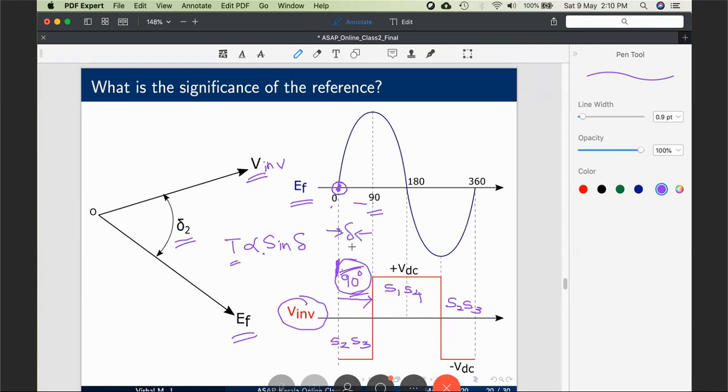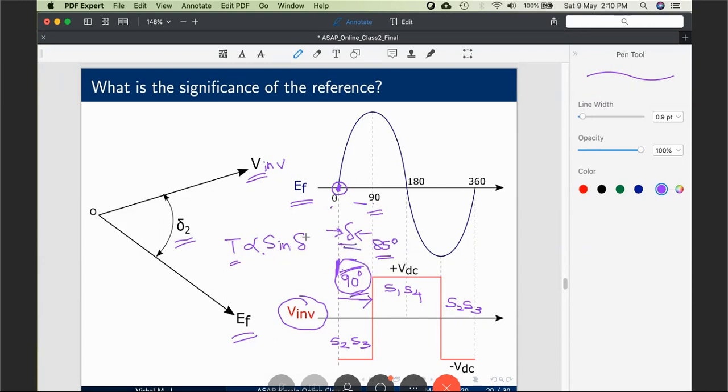If I say 90 degree, it will exactly operate at 90 degree, not a degree more than that. Which means still we will keep it to 85 degree considering some safety margin. But theoretically, even if it operates at 90 degree, it is fine. There is no worry of instability, because delta is the control variable now.